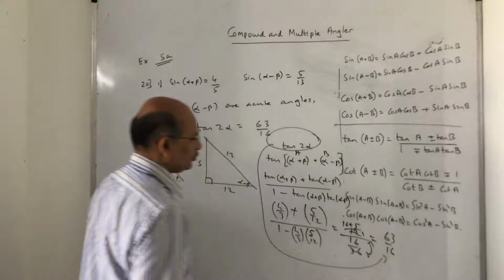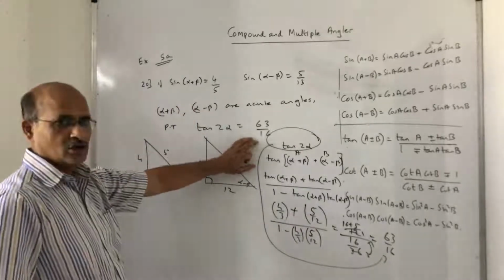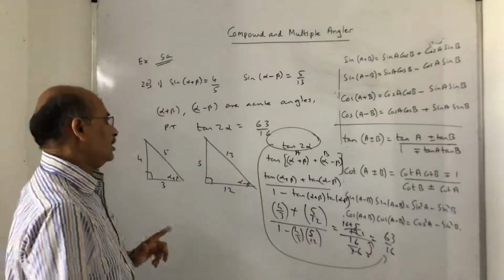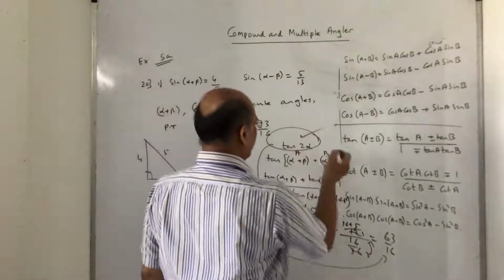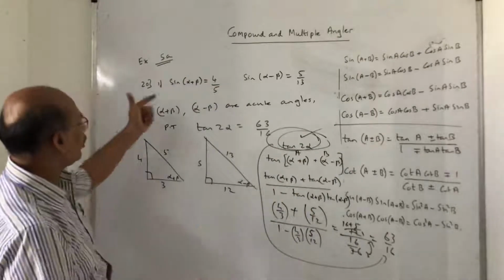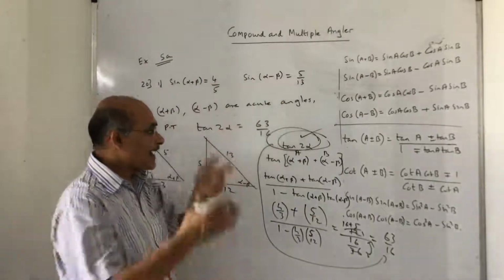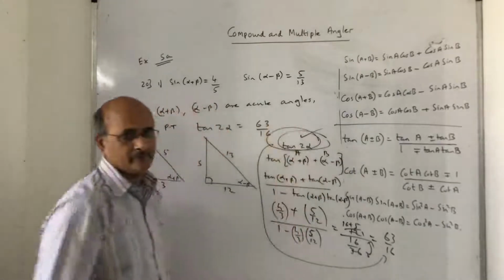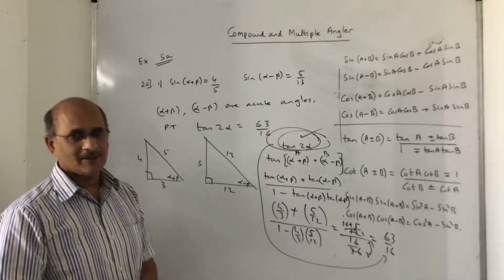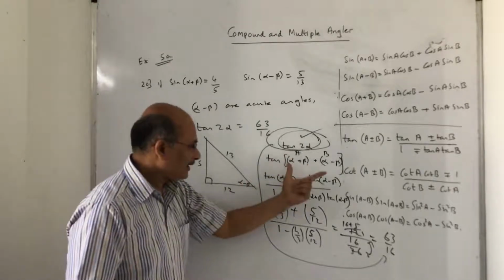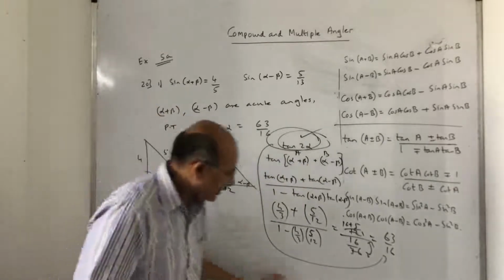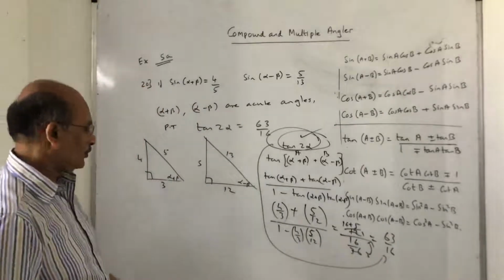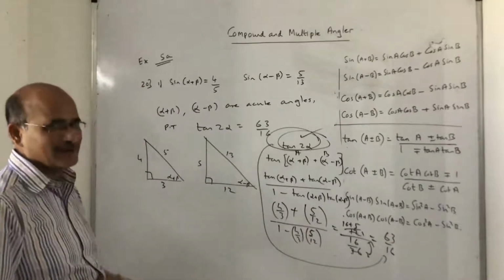Prove that tan 2 alpha is 63 upon 16. You know what is the catch in this? They are asking us 2 alpha, but there is no beta in this at all, whereas all the information is given in terms of beta. So I artificially created beta here. I did plus beta minus beta. I can always do that, by the basic law of mathematics. And then once I got that, I was very happy to see how I can pursue it further. So did you get this point clear, children? Nice question. I just missed it.